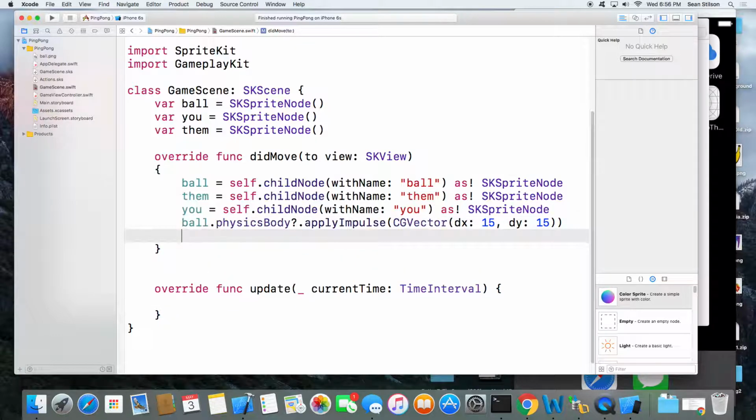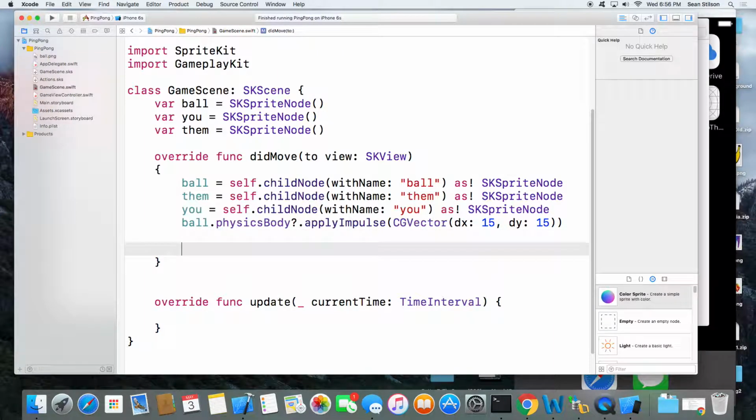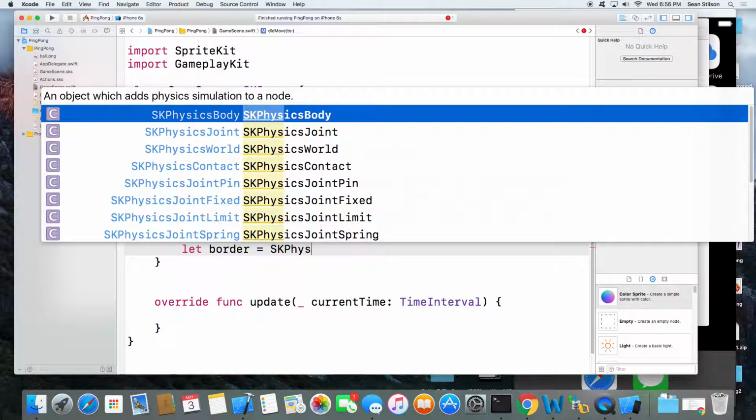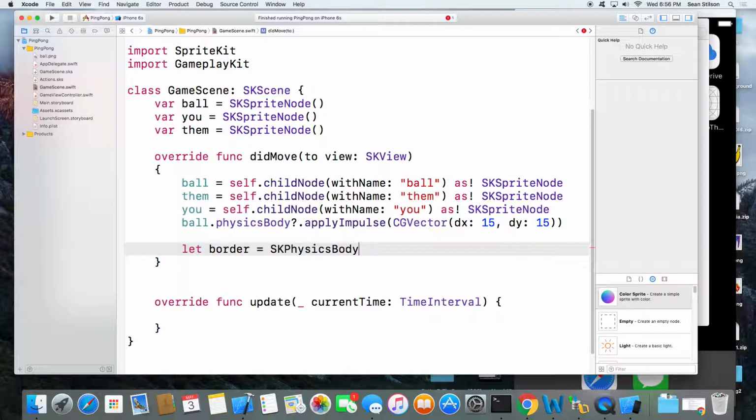Now, Glenn, you asked about the border, and if our ball is just going to run off the edge and be gone forever, and it would be. So we're going to need to create a border to prevent that from happening. Let's say let border equals SKPhysicsBody.